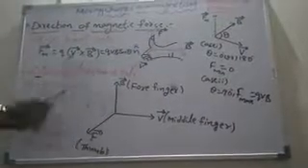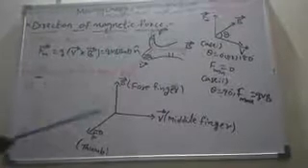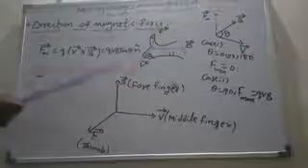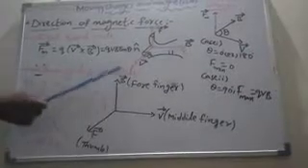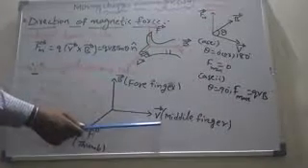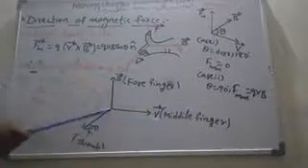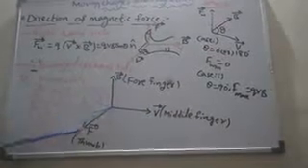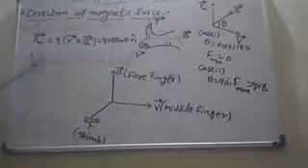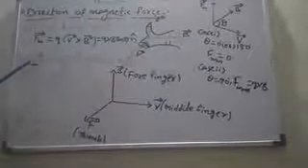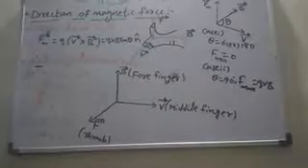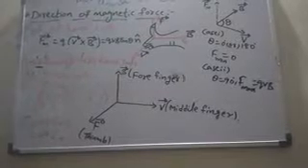Then what is Fleming's left hand rule? Stretch the first three fingers of the left hand mutually perpendicular to each other. The forefinger and central finger are stretched along the direction of the magnetic field and the direction of velocity of the positive charged particle. Then the direction in which the thumb is stretched is the direction of the magnetic force. So by using Fleming's left hand rule, we can determine the direction of magnetic force acting on the conductor or on the charged particle.